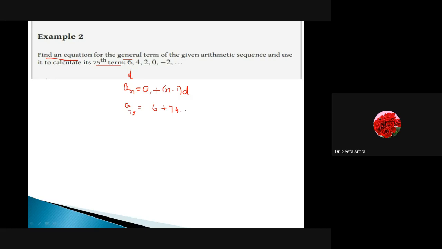So what we need to calculate the answer is the value of d. d means the common difference, correct? So if we look here, the terms are decreasing. The difference of 6 and 4 is 2, which means I have not added something. Actually, I have taken minus 2. 6 minus 2 gives me 4. So we have expected minus 2 and hence getting an answer. Similarly, here 4 minus 2 is 2, 2 minus 2 is 0, 0 minus 2 is minus 2. So this is what we are getting as a sequence.